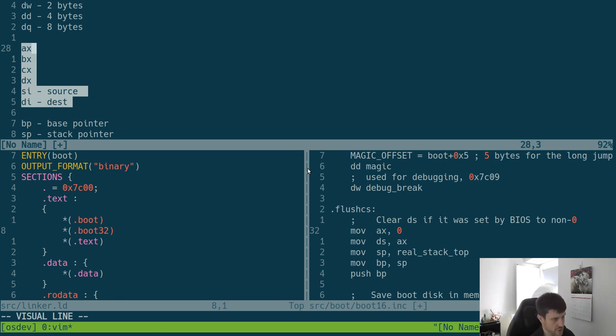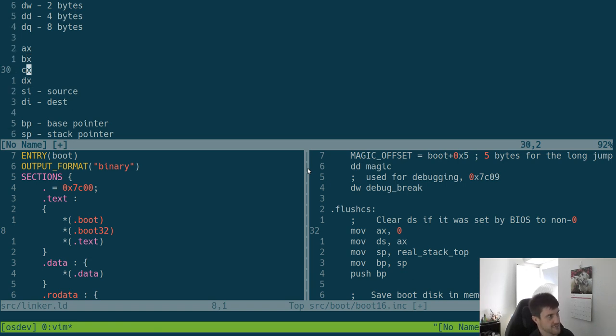You can put whatever you want in them, and they don't really have much meaning. You can make them have meaning, like CX people commonly put to